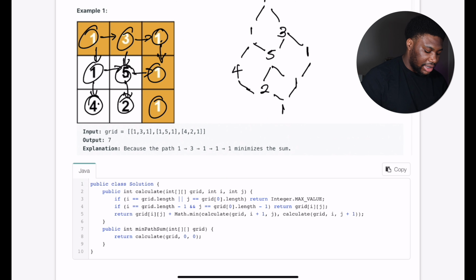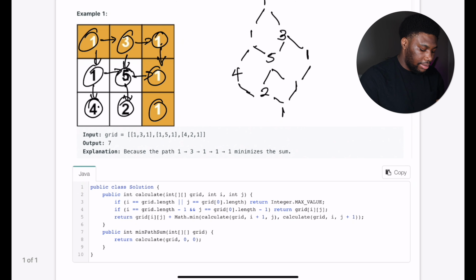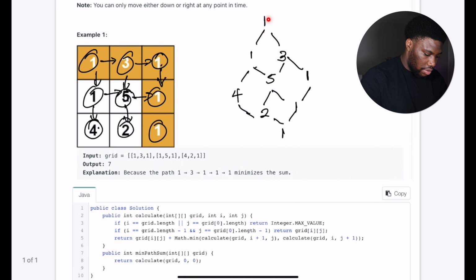Then the final statement says, if at any point in time we're not at the beginning or at the end, we return the value of the spot that we're in, then we calculate the minimum between if we go down or if we go right. It may be kind of hard to understand until you draw it down, but what would happen here would be, we would start with 1, right? From 1, well, we have 2 options, right? We will return the value of what happens if we go 1, which is here, plus the minimum of if we go down to 1 here or if we go to 3 here,